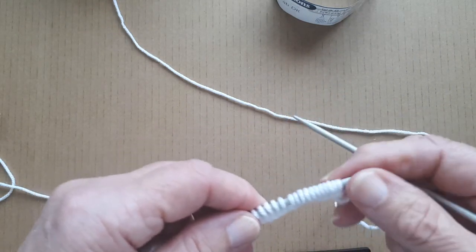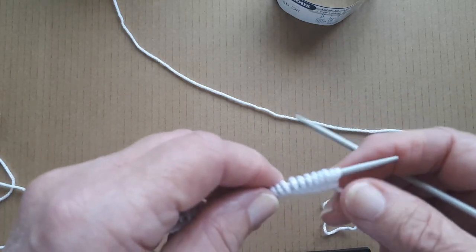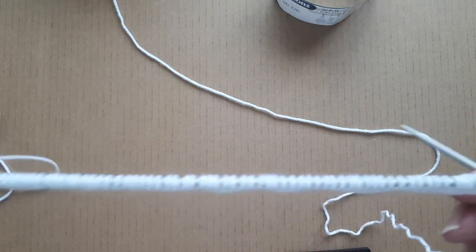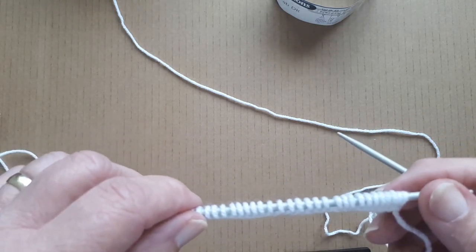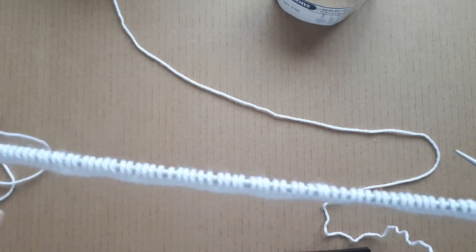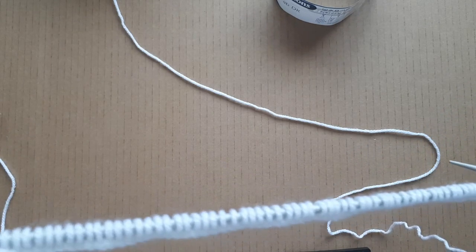and I'm going to knit 18 rows of twisted rib, which I'm sure most of you know how to do by now. But I'll knit 17 rows, and on the 18th row I'm going to increase 10 stitches evenly across the whole row, and that'll bring the stitches up to 113, because I need